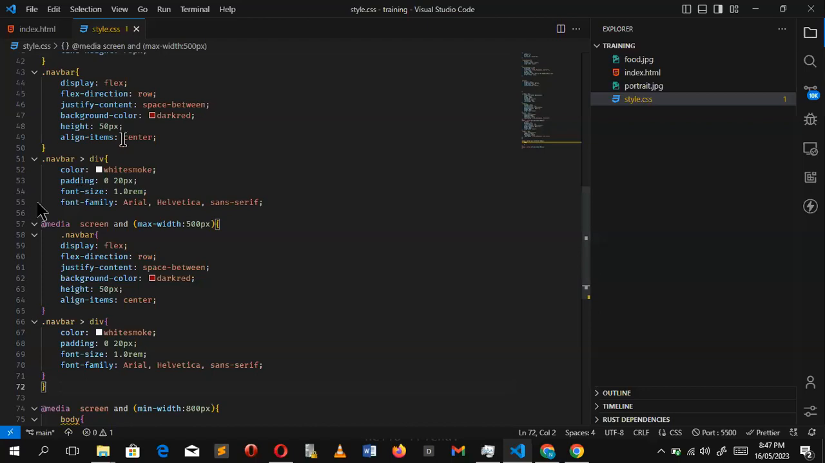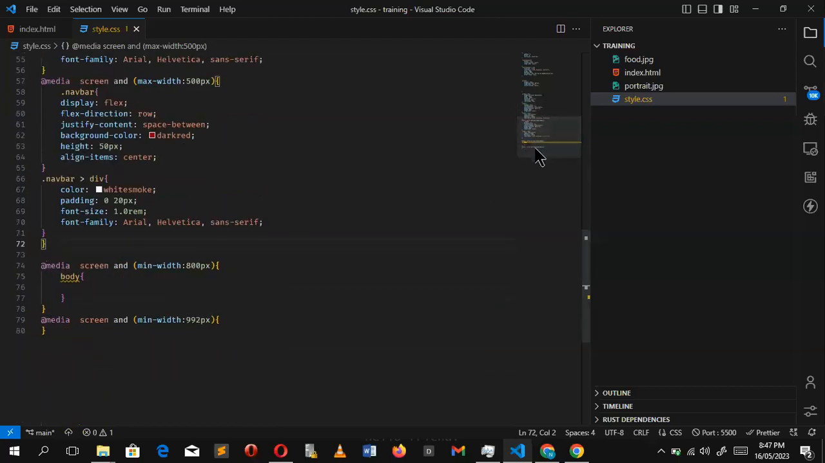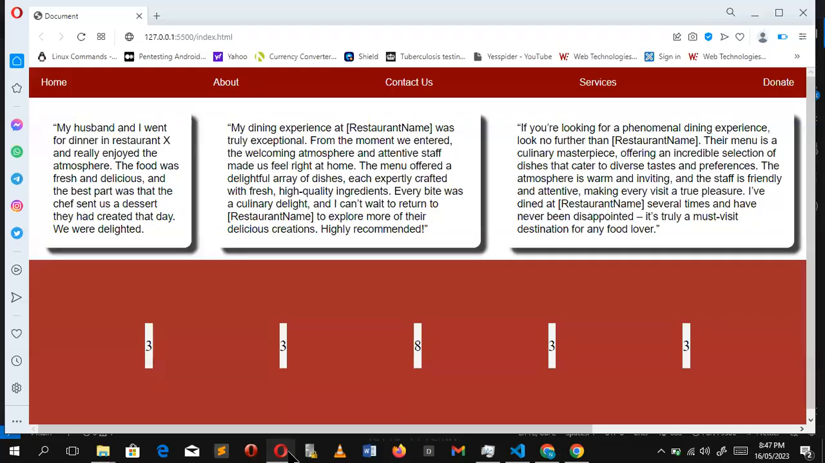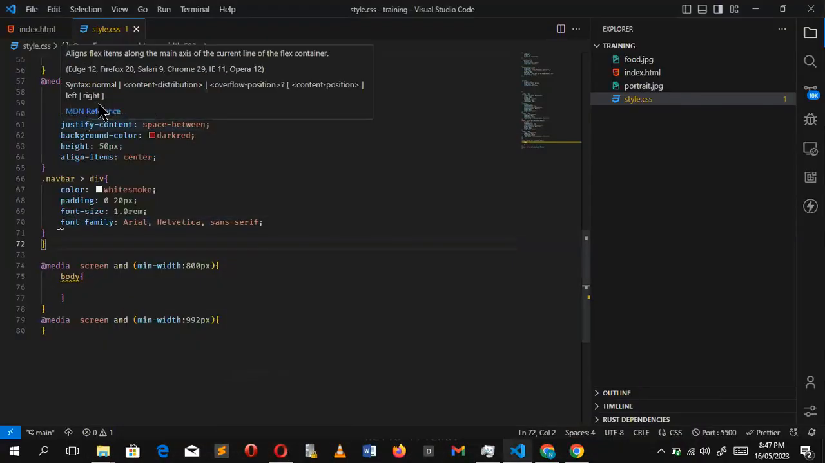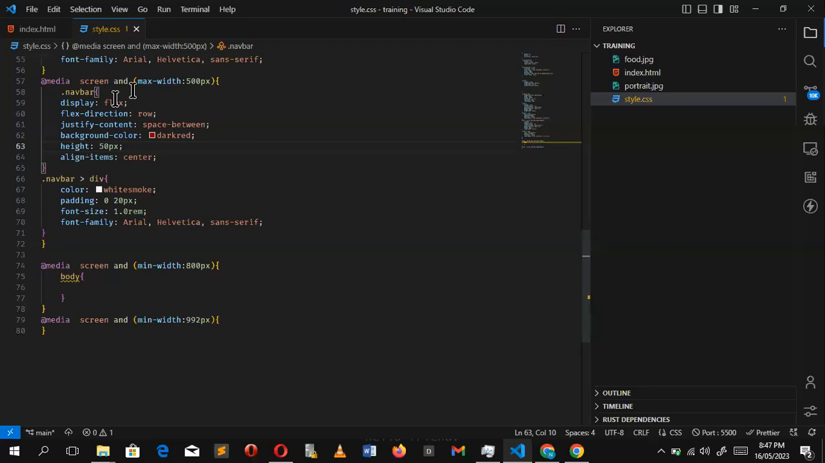So having answered that, let's get back to what we are doing. We have built for desktop, so we want to build for mobile. But in mobile, we don't want it to be in a row. We want it to be in a column. Okay, once we save it,